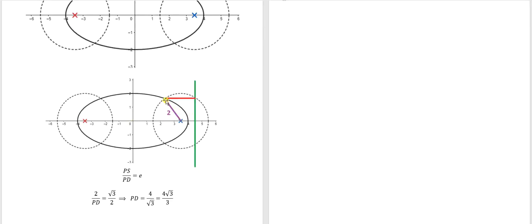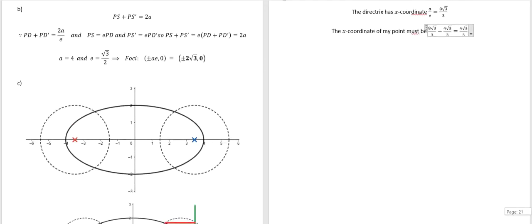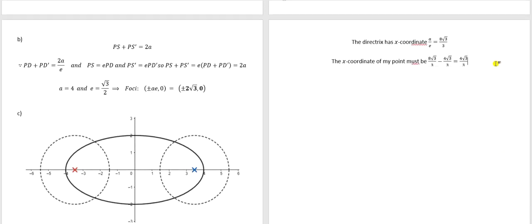Well, maybe not on my diagram so much, but not far off. In fact, if you look carefully enough, you'll probably find, give or take the precision of my directrix, it's not far off at all. So coming out as 4√3/3 for this distance, which is exactly half the distance from the y-axis to the directrix, seems close enough, especially for an approximate diagram for my directrix. So that's given us the x coordinate, and to find the y coordinate, all we need to do